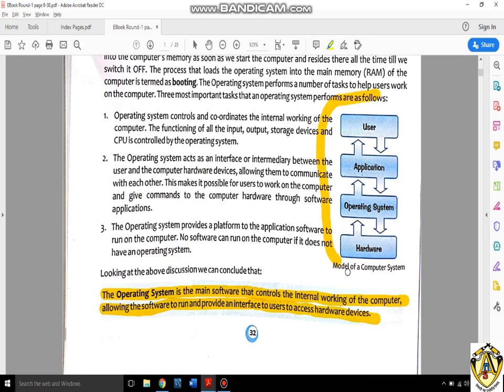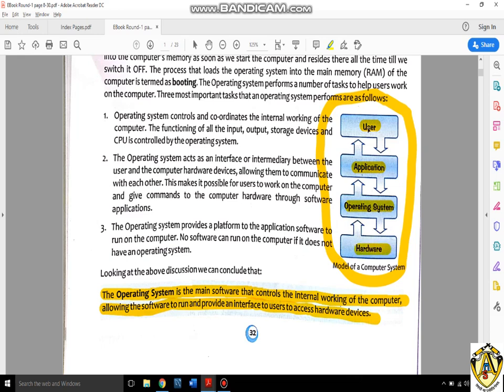Now look at this screen. It is showing how the operating system works. User means we are the people who interact with the application. The application may be of any type. For example, I am interacting with this Acrobat Reader. I am giving you this presentation using this Acrobat Reader. The application may be Word, Excel, PowerPoint, browser, whatever. These applications have all been installed on an operating system like Windows 7, Windows 8, Windows 10. And these operating systems have further been installed on hardware.